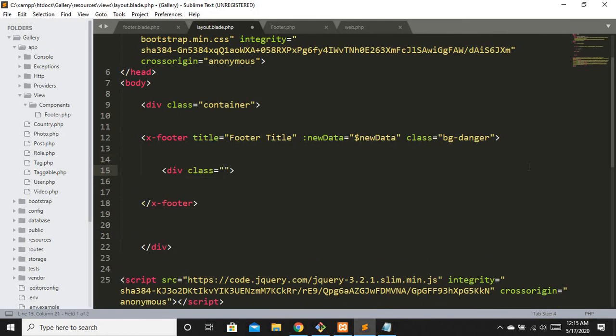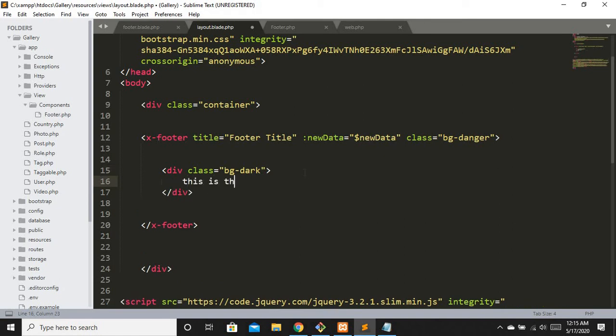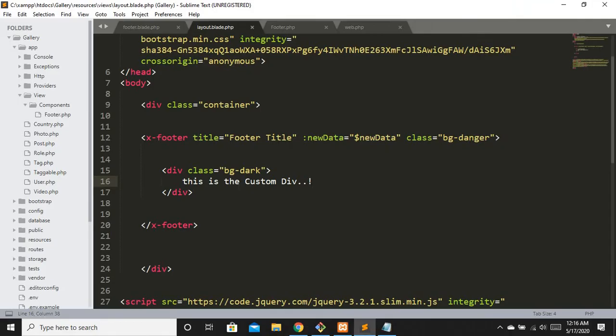This is my custom div, and let's say bg-dark, and let's say this is the custom div. Let's see if we are having it right now or not. So you can see we are not having any sort of div right here that we just created.